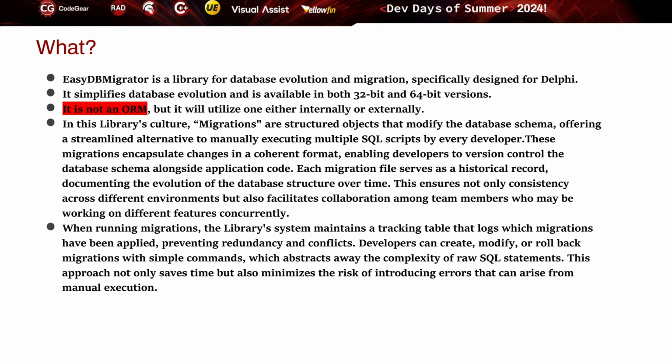These migrations encapsulate changes in a coherent format, enabling developers to version control the database schema alongside application code. Each migration file serves as a historical record, documenting the evolution of the database structure over time. This ensures not only consistency across different environments, but also facilitates collaboration among team members who may be working on different features concurrently. When running migrations, the library system maintains a tracking table that logs which migrations have been applied, preventing redundancy and conflicts. Developers can create, modify, or roll back migrations with simple commands, which abstracts away the complexity